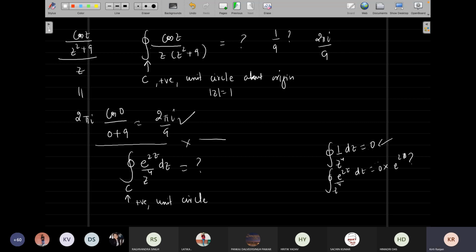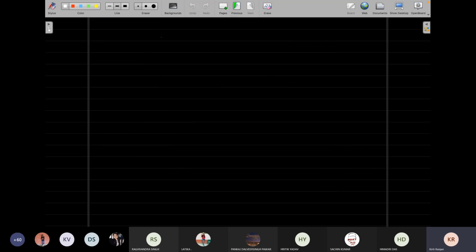So I thought. Yeah, so 1 by z to the 4 will give you 0, and e to power 2z is analytic everywhere, and you are applying some sort of Cauchy's formula. But it is not Cauchy's formula, let's say, the extended one. It's the extension of Cauchy's integral formula which gives you the result. And what is the extension? That comes by doing something simple, and the reason why I'm doing it, I will also make pretty clear.